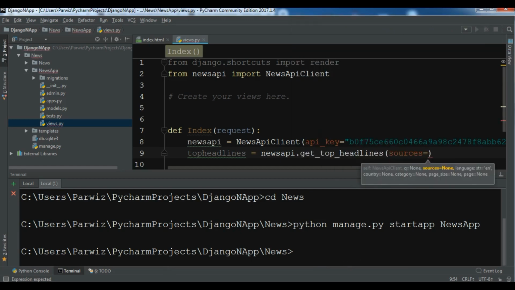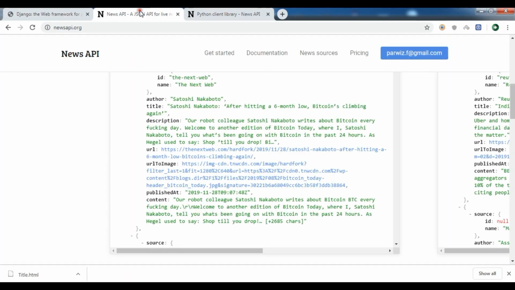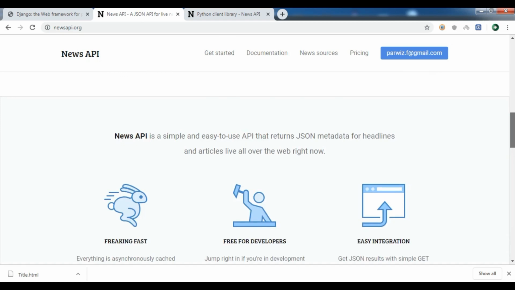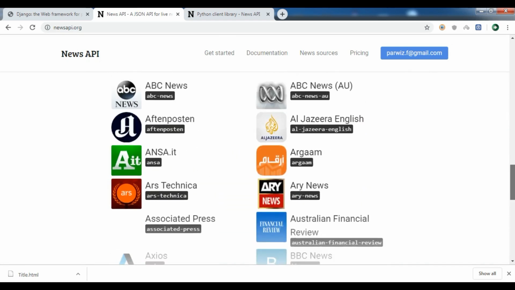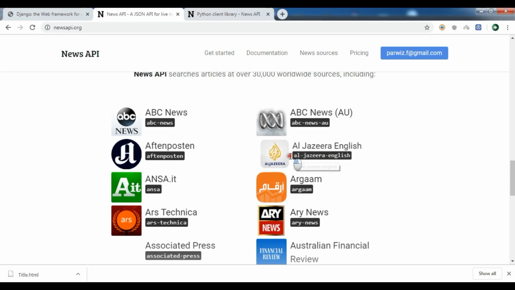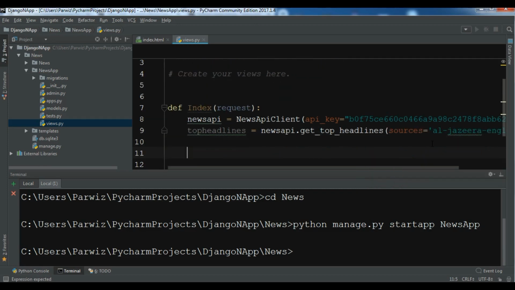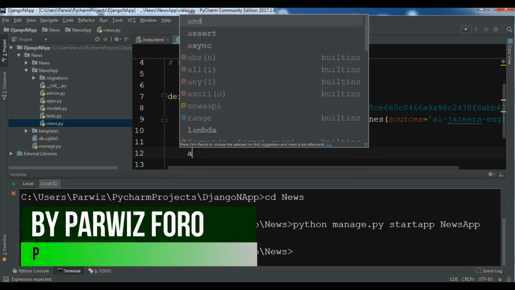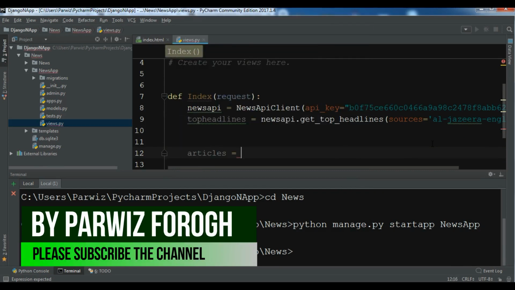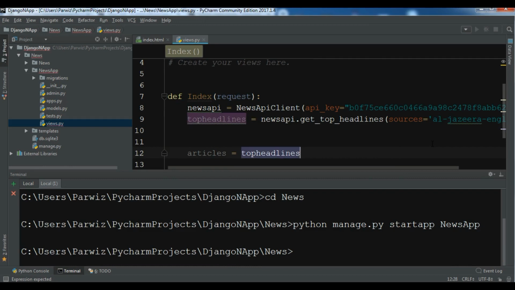There are different sources. If I check in here, you can see we have different sources in here. So you can get, for example, I'm going to get this Al Jazeera English news, and let me just paste it in here like this. Okay, and now let me create articles in here and top headlines. I'm going to get the articles like this. Okay,